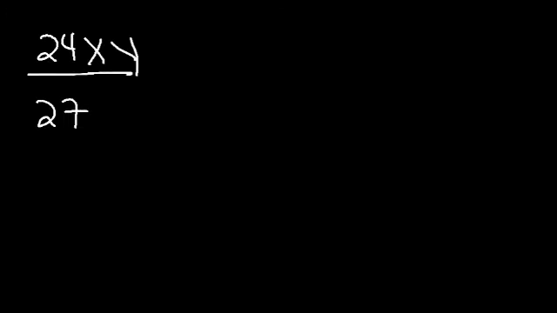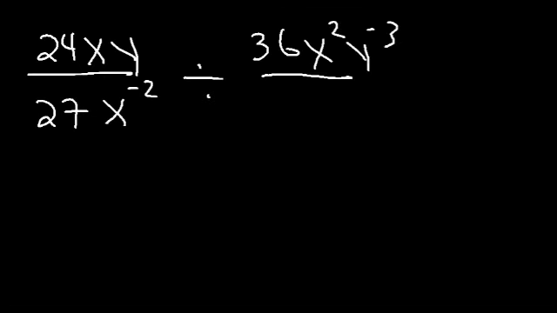So now it's your turn. Try this one. 24xy divided by 27x to the negative 2, divided by 36x squared y to the negative 3 over 45x y to the 4th. Now, how can we divide